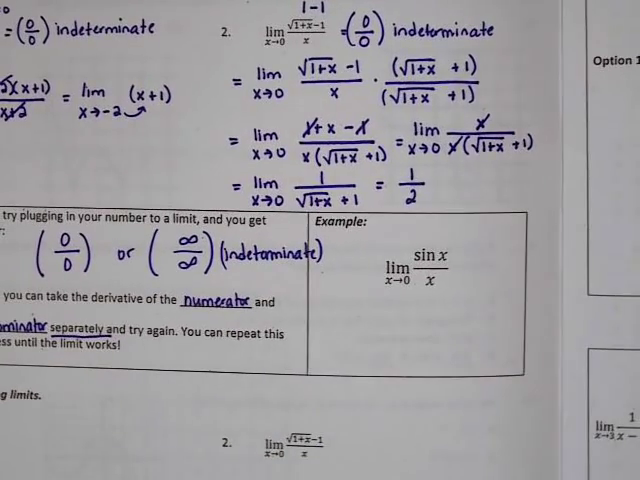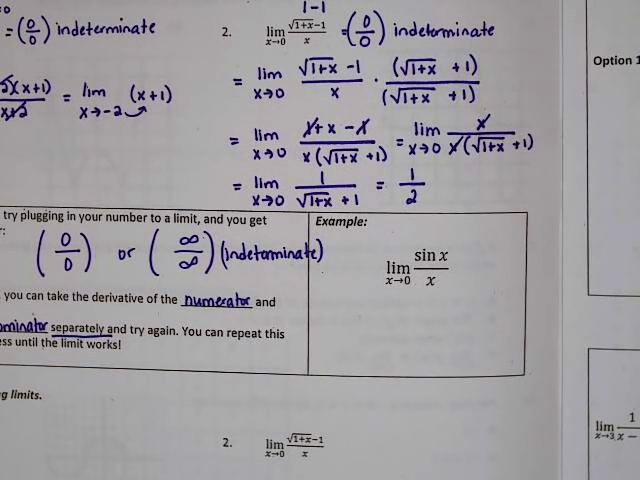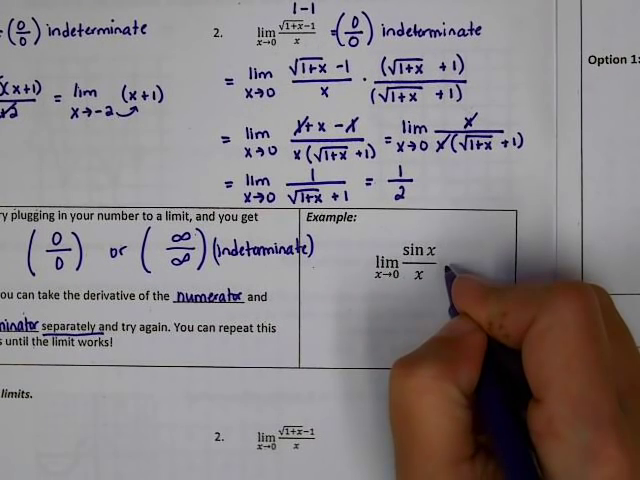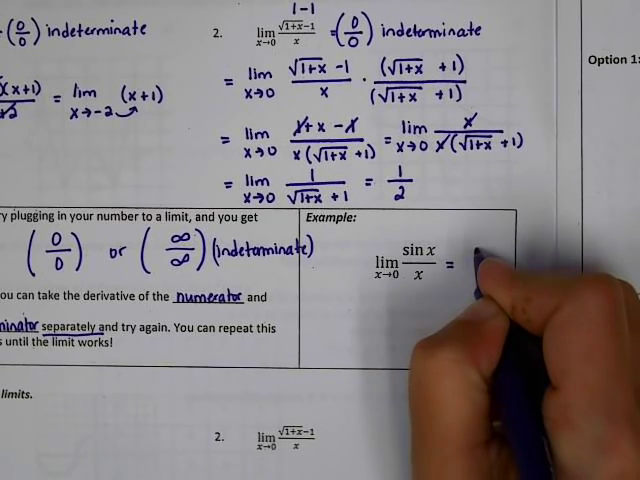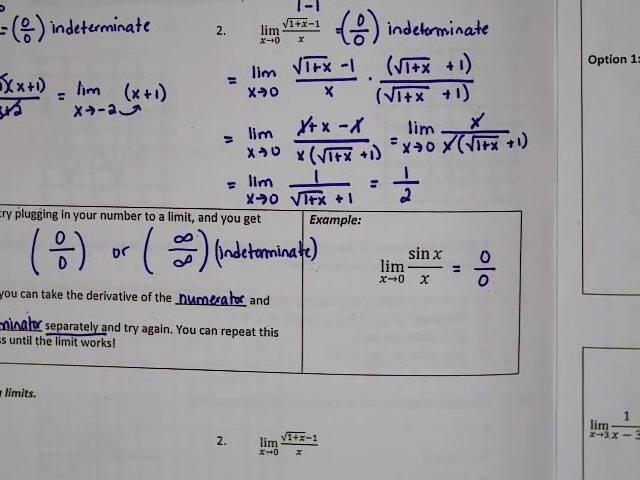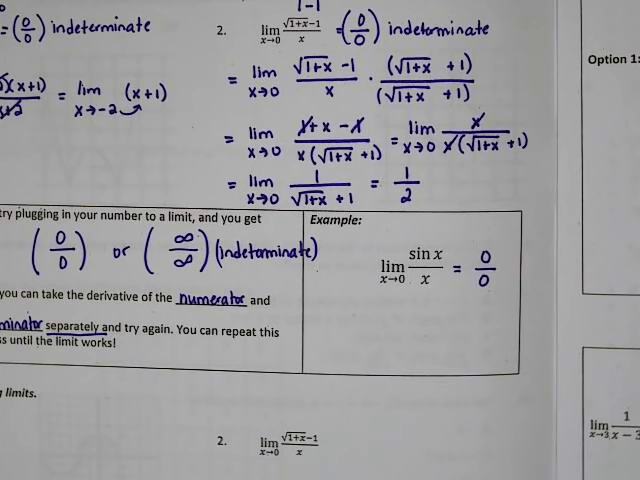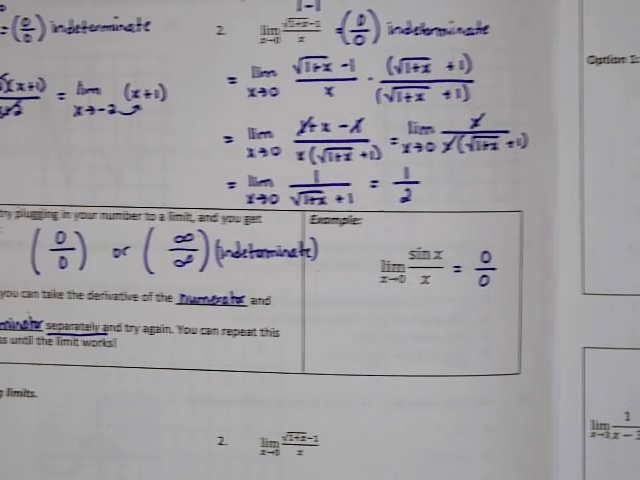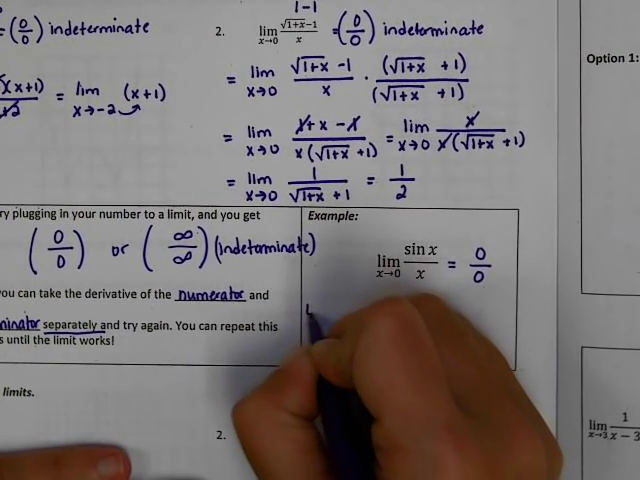If I said what is the limit as x approaches 0 of sine of x over x, if I try plugging in my number, I get 0 over 0 because the sine of 0 is 0, and if I plug it into the bottom, I just get 0. This is an indeterminate form, which means I can apply L'Hopital's rule. So L'Hopital's says